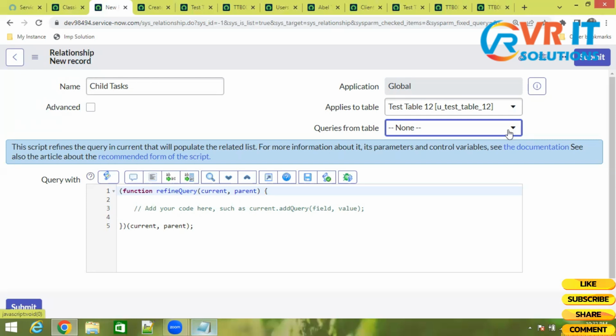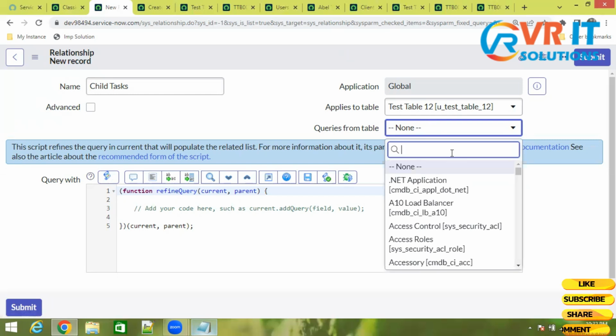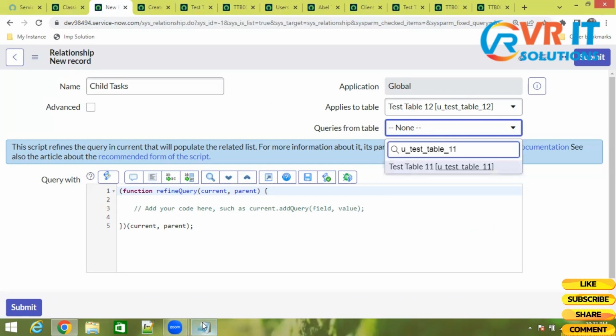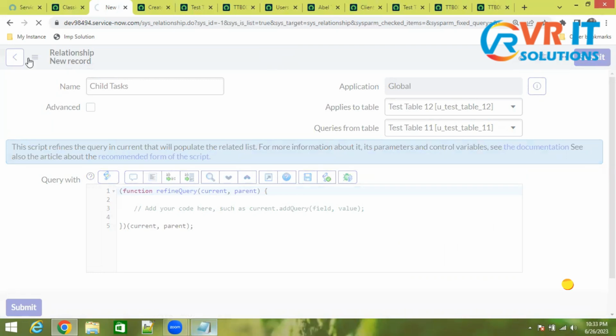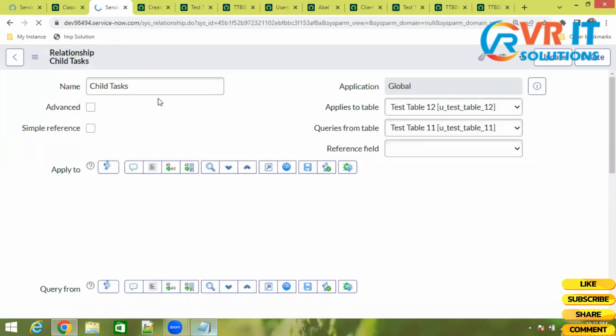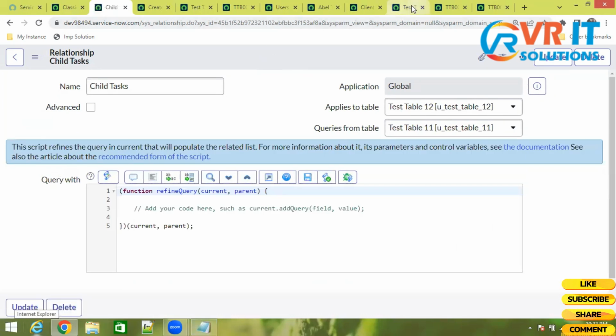The instance is somewhat slow. Please bear with it. Right. Add test table 11. Right. Save it. Okay. So we created a related list. So in the relationships, now we created a related list using the relationship and we want to add it onto the form. So go to your test table 12,